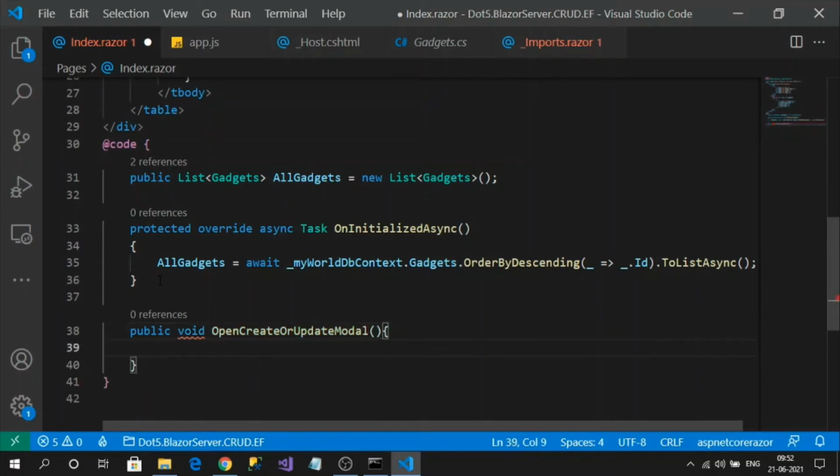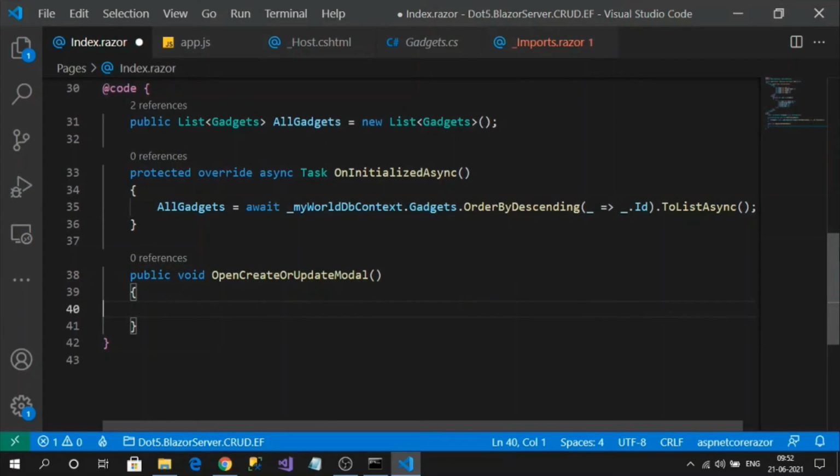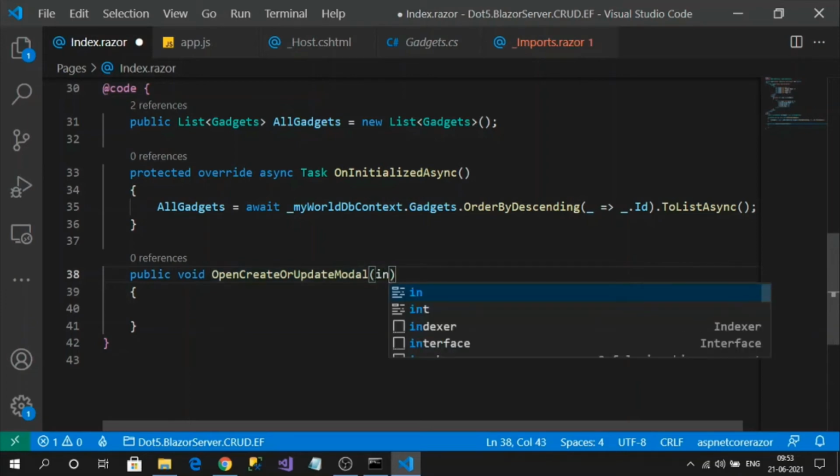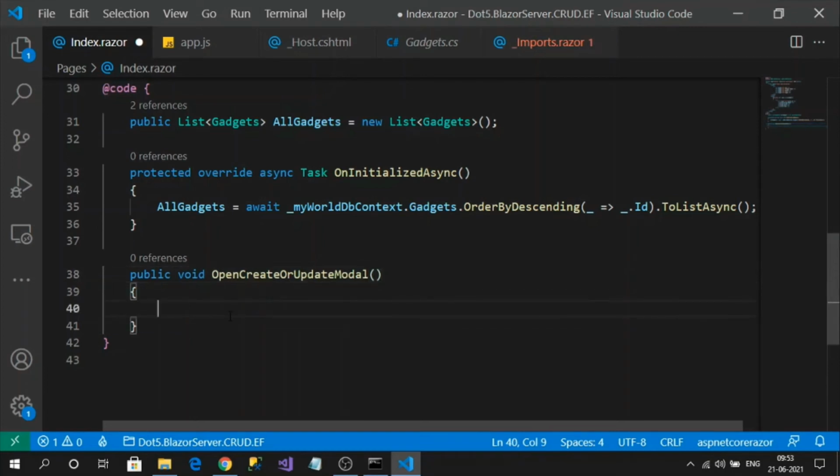The same modal I am going to use for both updation and creation, so that's why I have named my method like this. When it is called, it must open my pop-up, right?